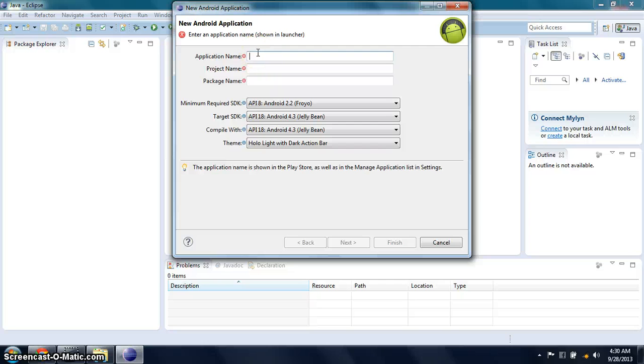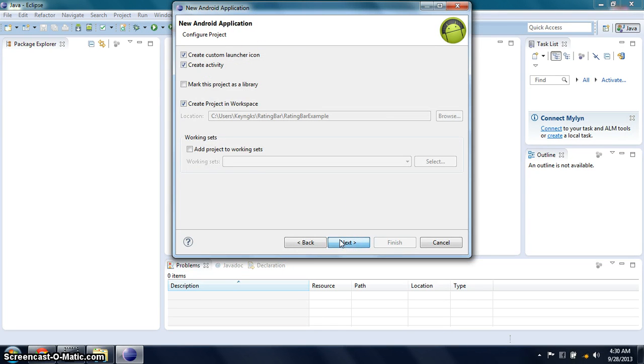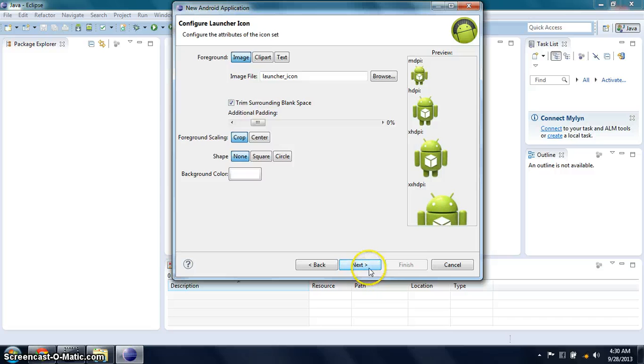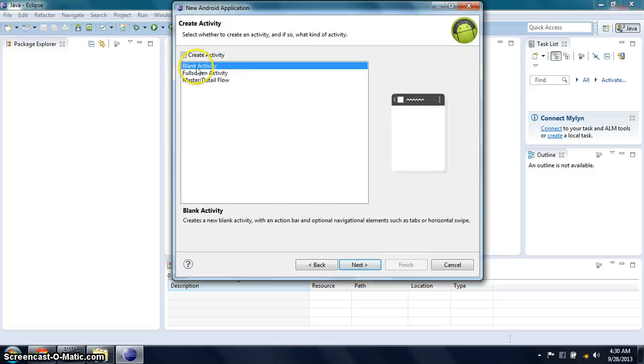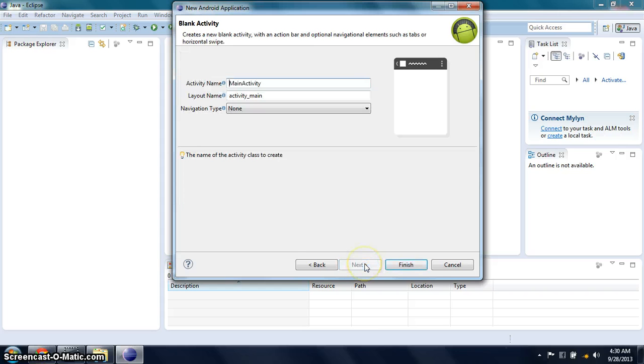So I'm gonna use rating bar example. Then click next, then next, next. Please choose the blank activity, then next, then finish.